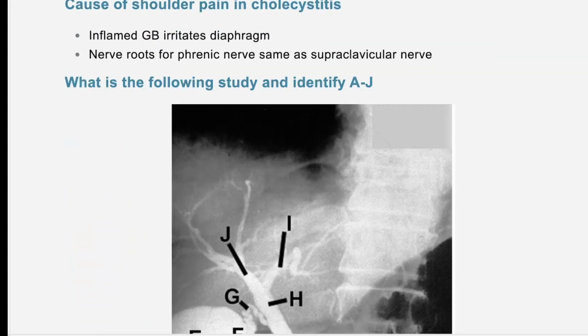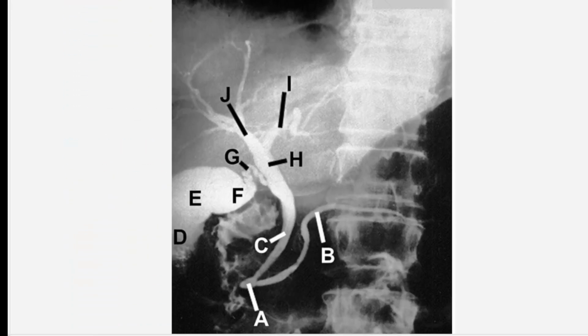Let's identify a few structures in here. First of all, this is an ERCP, endoscopic retrograde cholangiopancreatography. A, we're talking about the ampulla of Vater, and B is the main pancreatic duct. C is the common bile duct, H is the common hepatic duct, G is the cystic duct, F is the neck of the gallbladder, E is